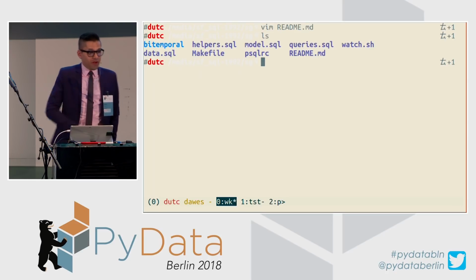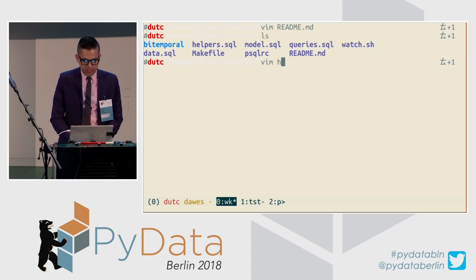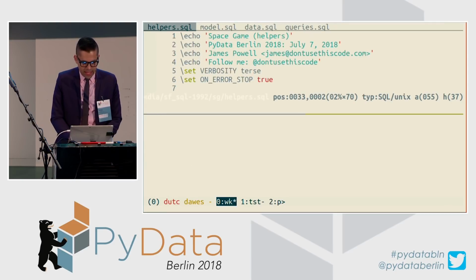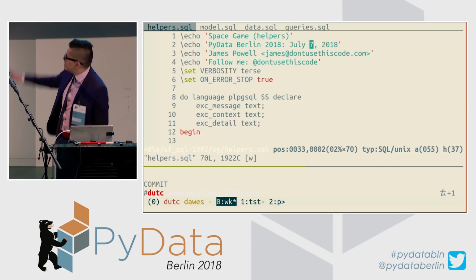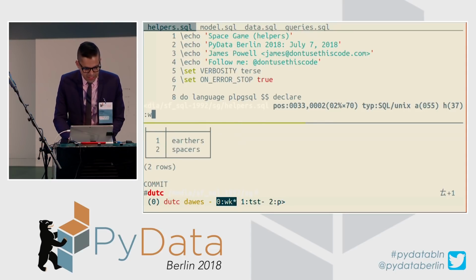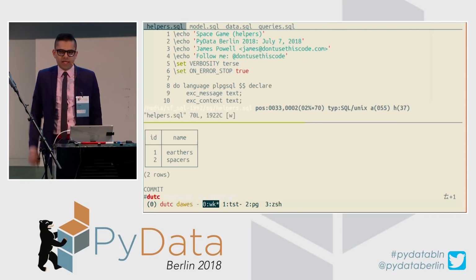There's a couple of SQL files, and I'm going to do everything in SQL files. So I have 4 files here: helpers.sql, model.sql, data.sql, and queries.sql. And I've got a makefile that makes things a little bit easier. And there's one little trick I'll do. Every time I save one of these files, you see it really quickly blinked a bunch of stuff on the bottom. Every time I save this, it'll just rerun my tests in the background.